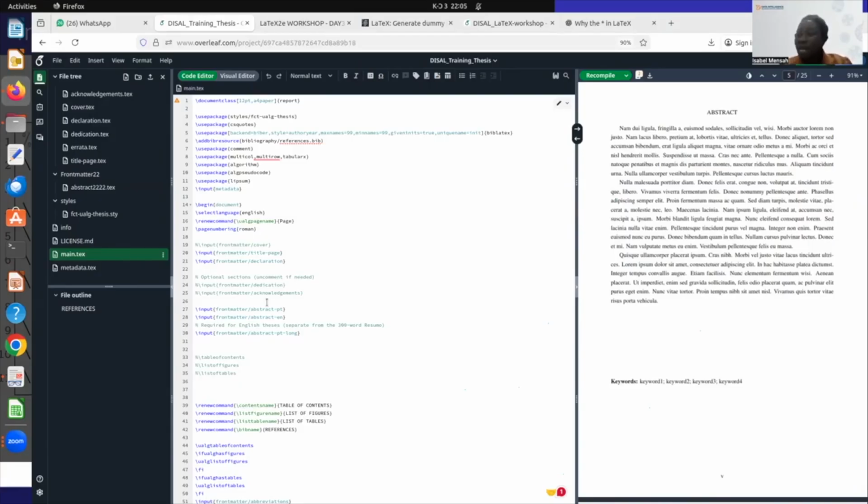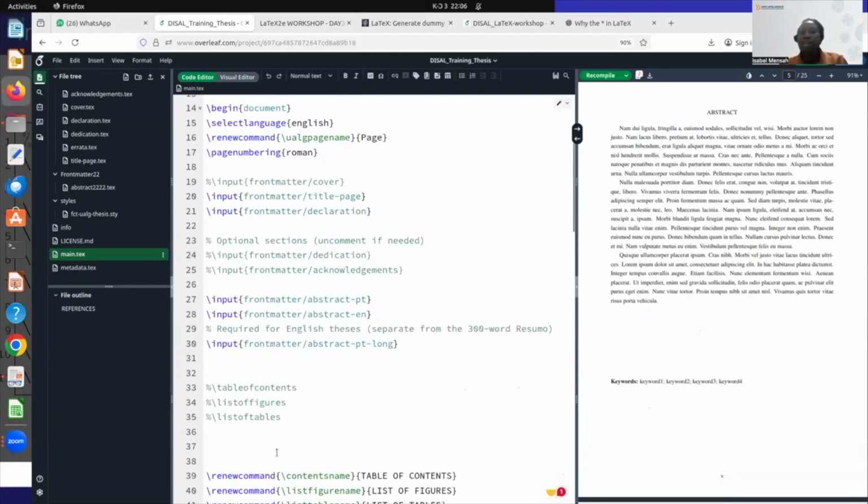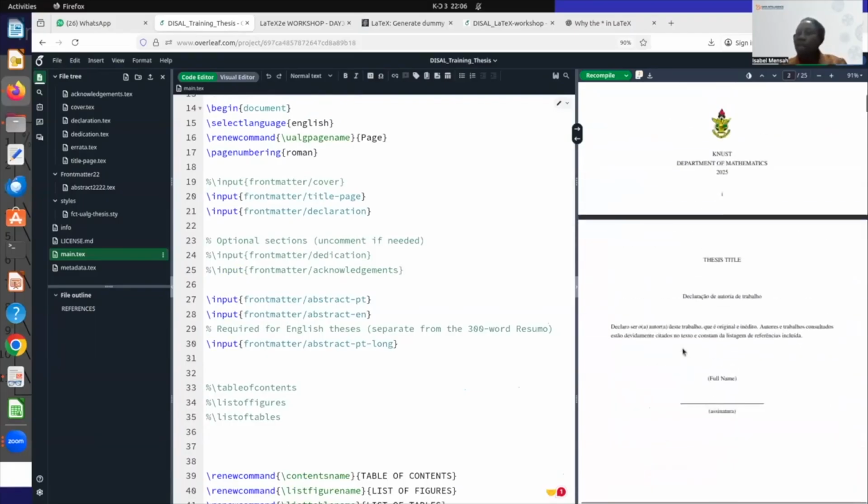In Ghana, our typical outline is abstracts, acknowledgements, dedication, declaration, list of abbreviations, before table of content, list of figures. So you should know the structure. Please, you should know the structure and then work accordingly. So you see that they arrange it in a certain order. When you come here on their file, the way they've arranged it, that is how it's showing. So the first one was their title page, then their